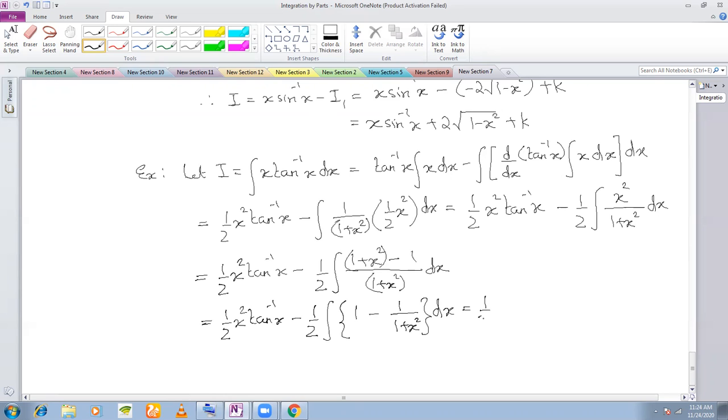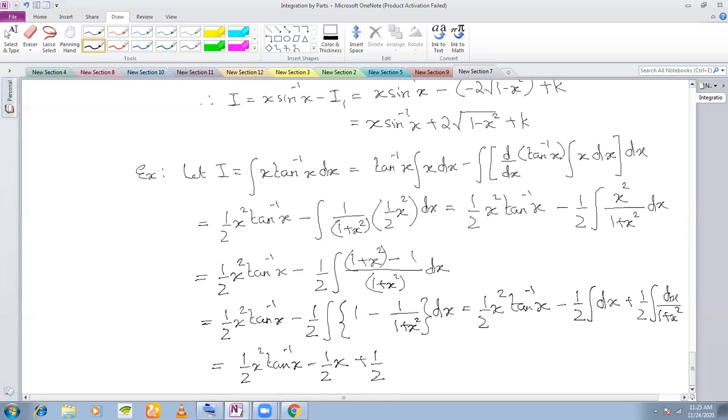So this is half x square tan inverse x minus half integral dx plus half integral dx by 1 plus x square, is equal to half x square tan inverse x minus half integral dx, which is simply x, plus half integral dx by 1 plus x square, which is tan inverse x